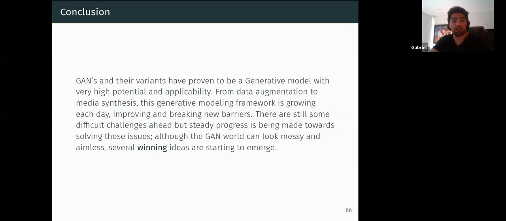Finally, I think GANs and their variants have a very high potential, and they are very applicable, and it's up to us to learn what to do about them, because people have certainly figured out how to use them for very nefarious purposes, such as deep fakes and phishing people online and all that. And I do think it's our responsibility to figure out how to best use them for good and for the betterment of humanity.